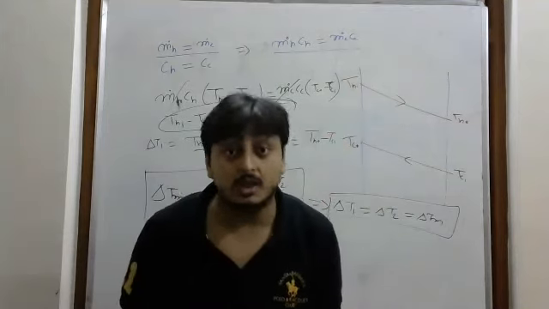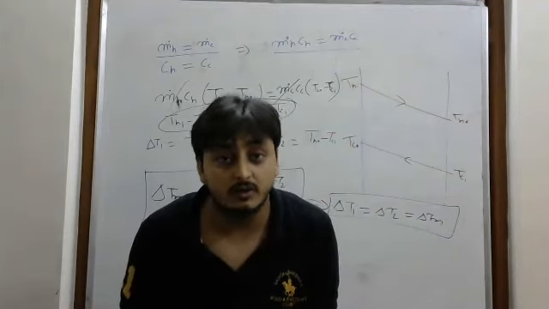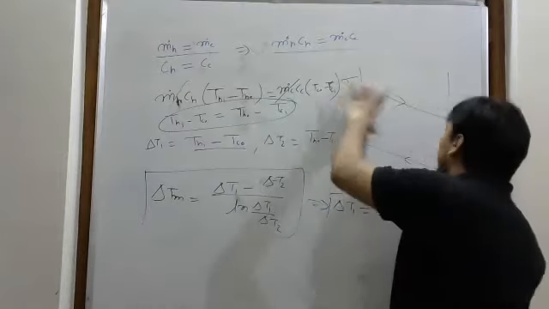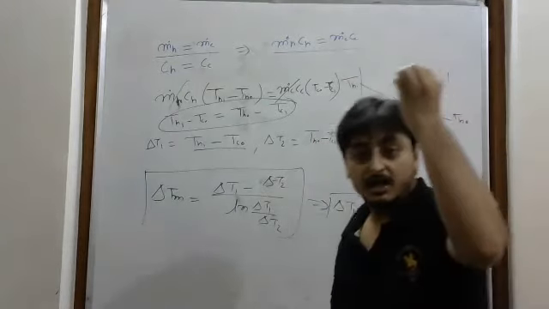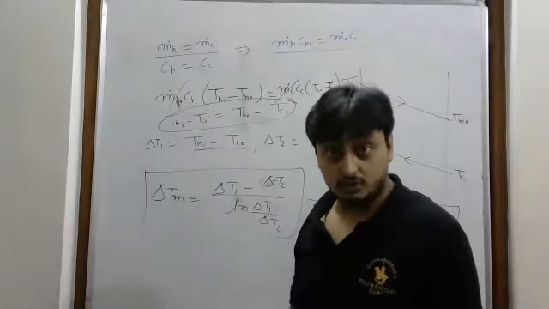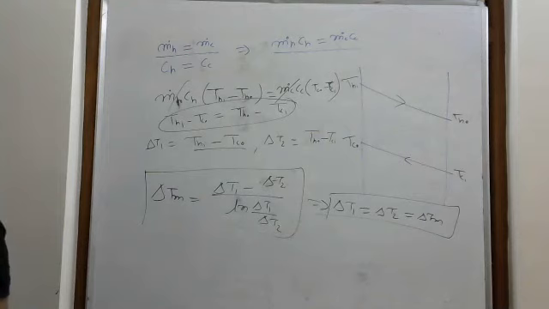Then we will see, sir, how will we find? Del T1 I know only, I don't know del T2. So in that case, you will apply your mind. Whatever the value of this one, that will be the del Tm. That's all. But they have given this condition, so you should know. Any problem? Are you getting that question? Actually, I need not ask because nobody is replying for that.